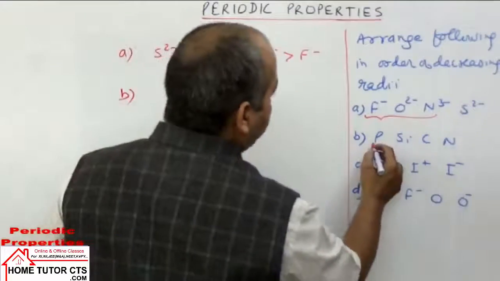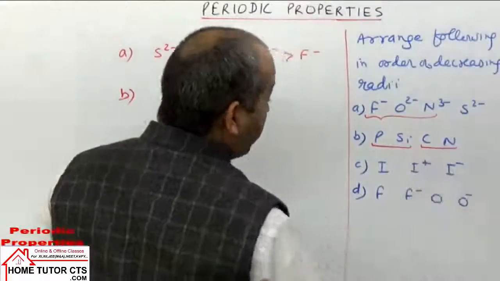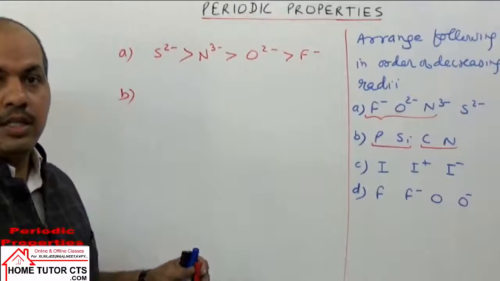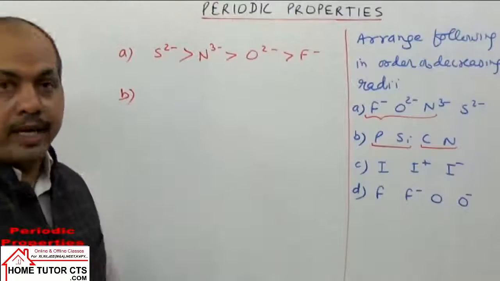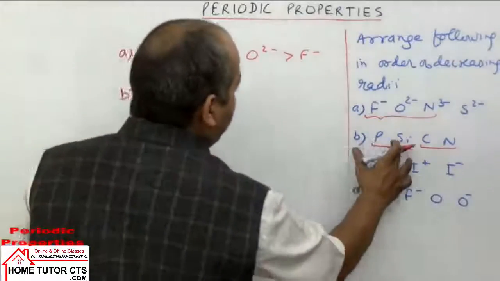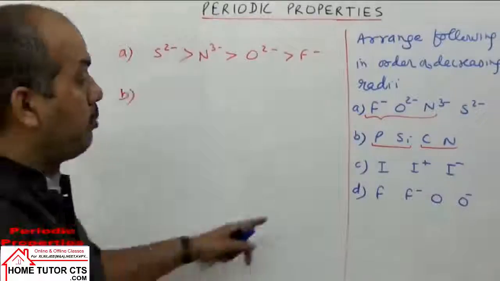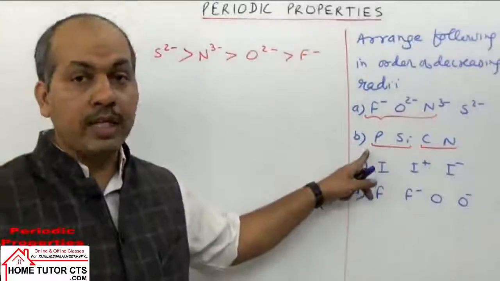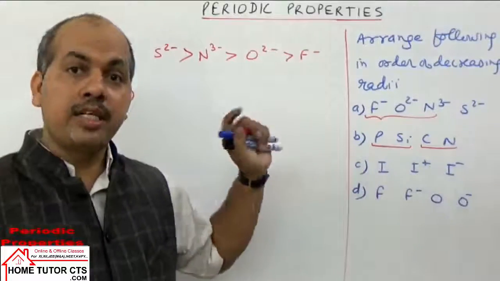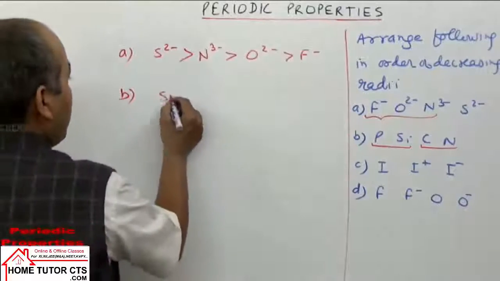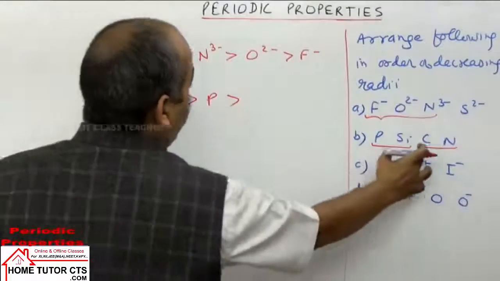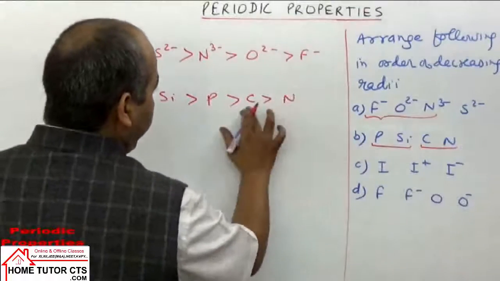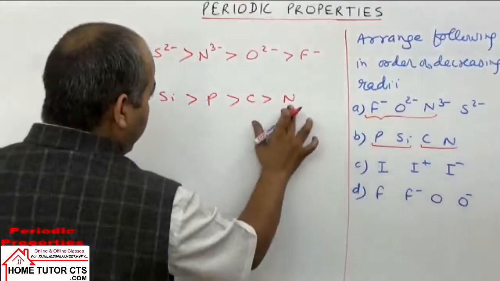Now here, there are atoms of the third period and atoms of the second period. The elements of the third period have an extra shell, so their size is bigger than the elements of the second period. And in this case, phosphorus and silicon, the atomic number is higher for phosphorus than silicon. After silicon we will have phosphorus. So moving along the period, the size of the atom decreases. So phosphorus is smaller than silicon. And for these two elements, carbon is bigger compared to nitrogen, because again moving along the period, size decreases.